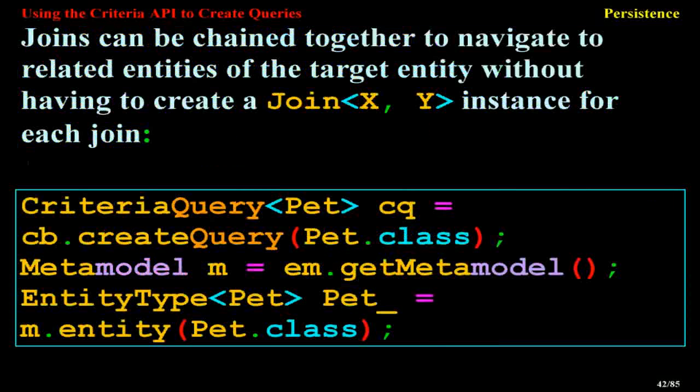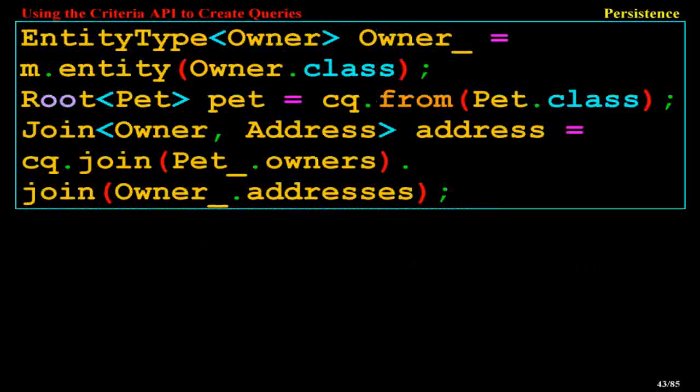Joins can be chained together to navigate to related entities of the target entity without having to create a Join<X, Y> instance for each join. CriteriaQuery<Pet> cq = cb.createQuery(Pet.class); Metamodel m = em.getMetamodel(); EntityType<Pet> Pet_ = m.entity(Pet.class); EntityType<Owner> Owner_ = m.entity(Owner.class); Root<Pet> pet = cq.from(Pet.class); Join<Owner, Address> address = cq.join(Pet_.owners).join(Owner_.addresses);